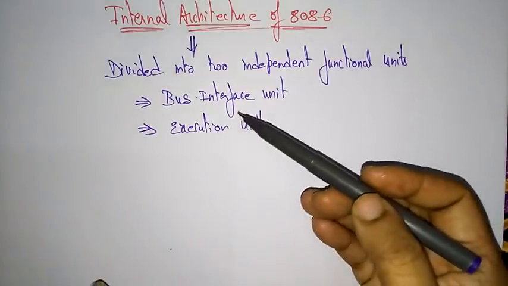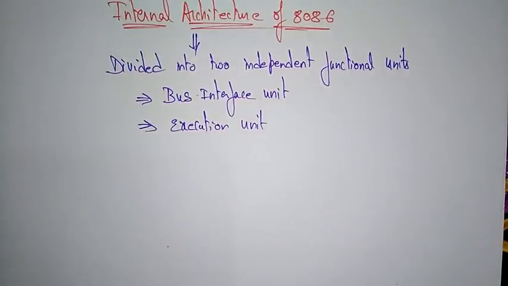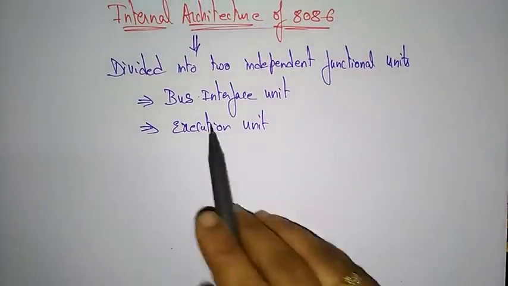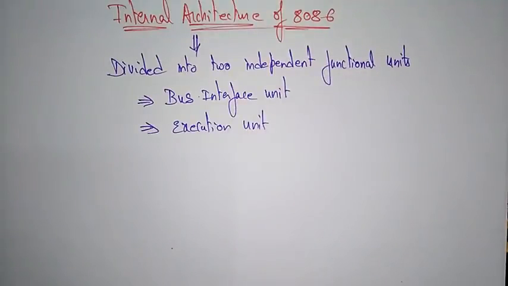This name itself is saying execution unit means it is executing something. Whatever information the user is sending is executed by the execution unit. Okay, this is clear. And what is a bus interface unit? Interface means acting as a mediator. From where to where? From the execution part to external devices, like RAM, ROM and input output devices. Everything acts as a bridge between the outer devices and the processor.